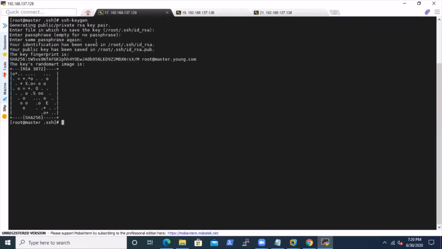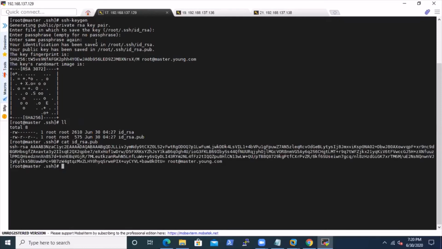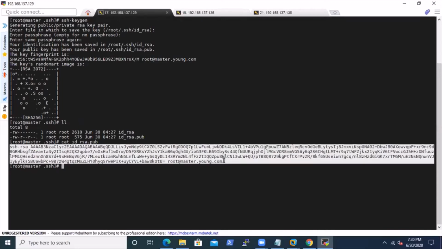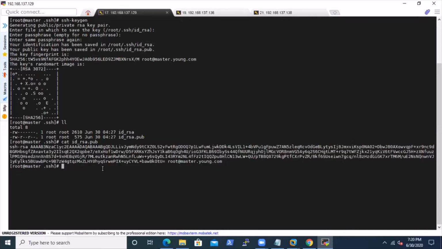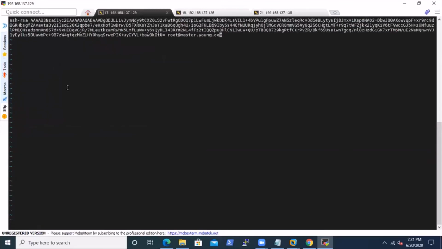We can check that by listing it. See, there is id_rsa, which is the private key, and id_rsa.pub, which is the public key. So let's see the public one. This is called a fingerprint. Now copy this and create a file with vi authorized_keys. This will help us to authenticate and do an auto login using the fingerprint. You have to do this on the master as well. So now paste it and save.